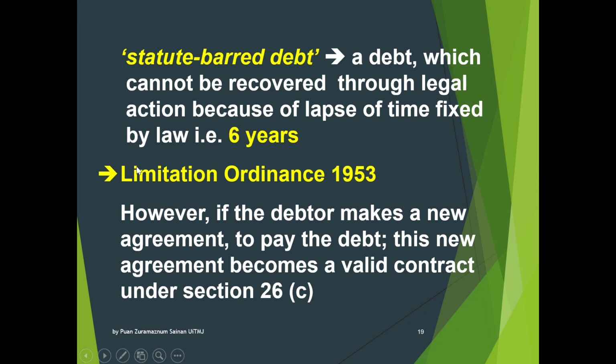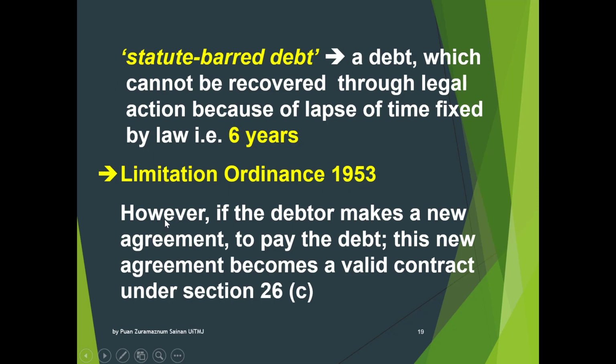Okay, this is by virtue of the statute. Apa statute dia? Limitation Ordinance 1953. Under this ordinance, it is provided that the limit for the creditor to claim his debt towards the debtor is only within 6 years. So maknanya dia kena tuntut hutang dia daripada penghutang dalam tempoh 6 tahun. After 6 years, automatically the debt is no longer recoverable. So the creditor can no longer claim for the debt through the court of law because it has lapsed. It was a statute barred debt. Dah dihalang oleh statute, that is Limitation Ordinance